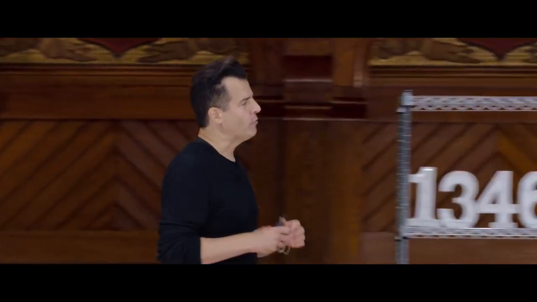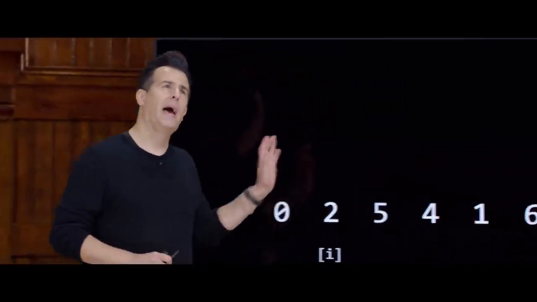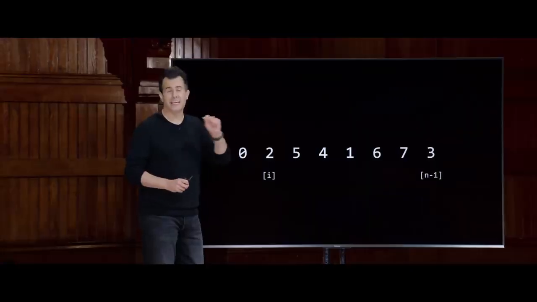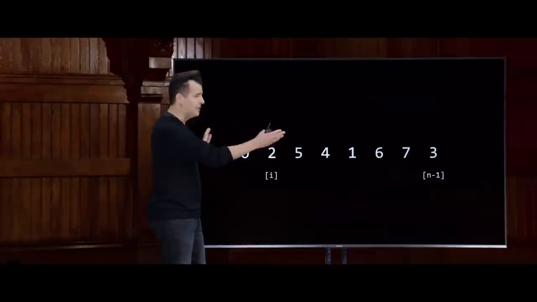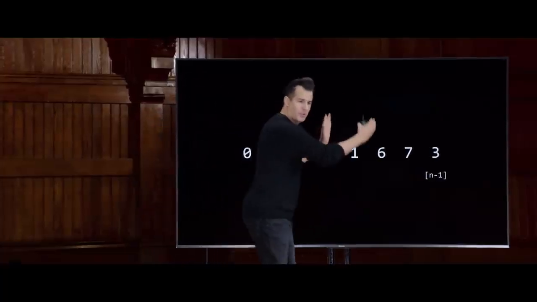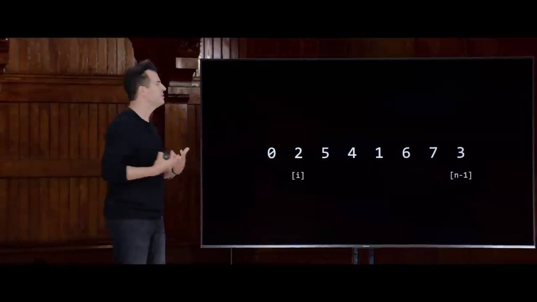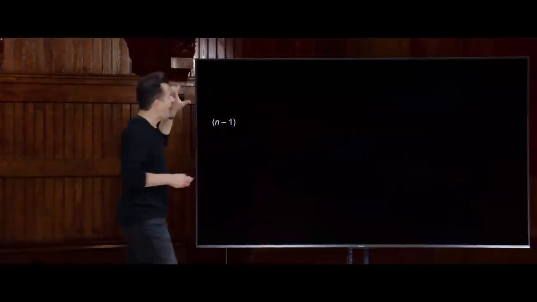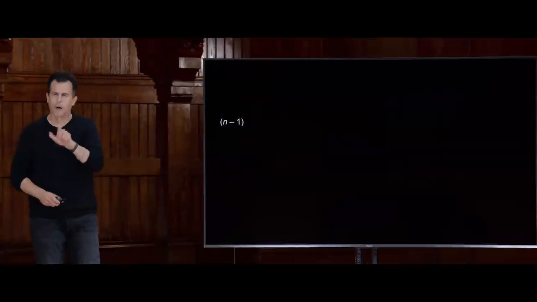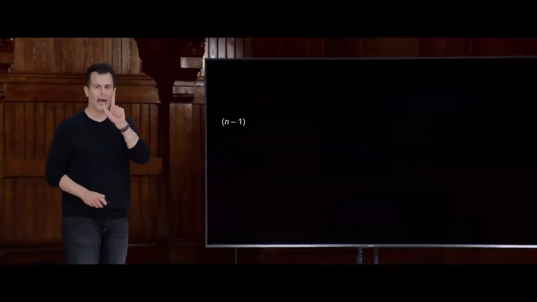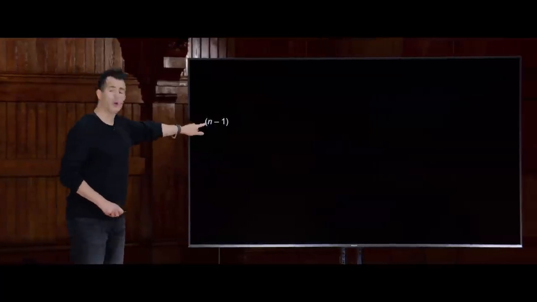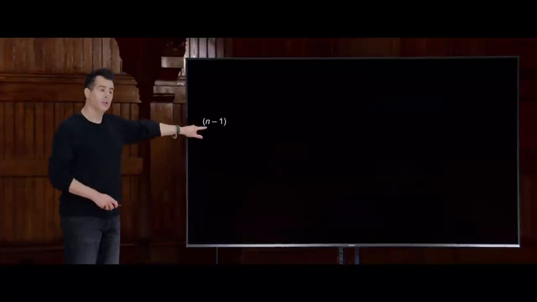So in fact, we can generalize this here. If I go back to where we left things off, and we originally had this array of numbers, well, if I've got 8 numbers to begin with, the first pass is going to take n-1 steps, right? If I've got n elements, but I want to compare looking for the then smallest element, I have to compare one against n-1 other elements. So if I want to do some back of the envelope calculations here as to how many steps, or more specifically, how many comparisons selection sort has me make, I would say that on the first pass from left to right, I did n-1 comparisons.